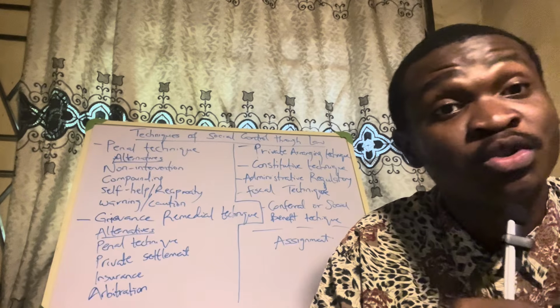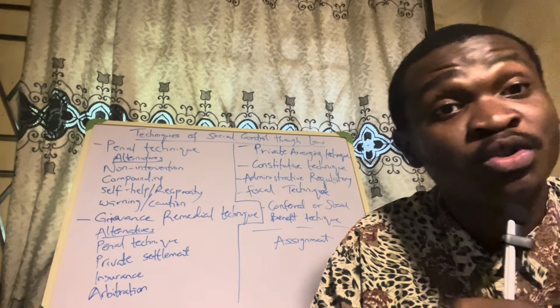So somebody has done something. Let's say you are not expected to kill any other person, and the punishment is death. Somebody kills another. What happens? What will they do when you kill? They will arrest you. And who will arrest you? The state. That is why any case you see, Emeka versus the state, Obi versus the state, it is a criminal matter. So they will arrest you.